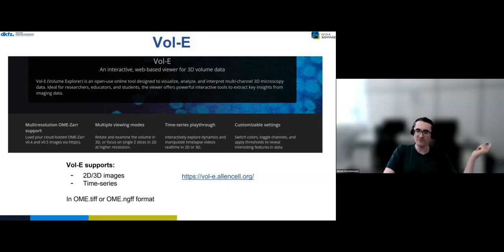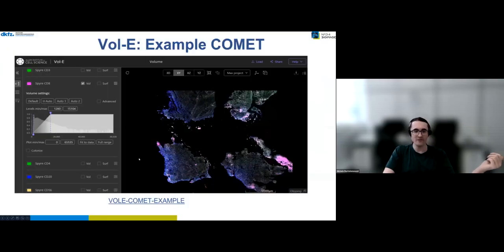This is an image viewer, but it is a good one, and I can show you now how well it works with 2D and 3D images with multiple channels and time series. So if you're doing, for instance, multiplex immunofluorescence or big volume images, or even from the light sheet microscopy side, so really going into different modalities, this could also be quite a nice source. So now I'm going to go quite quickly through an example that I have